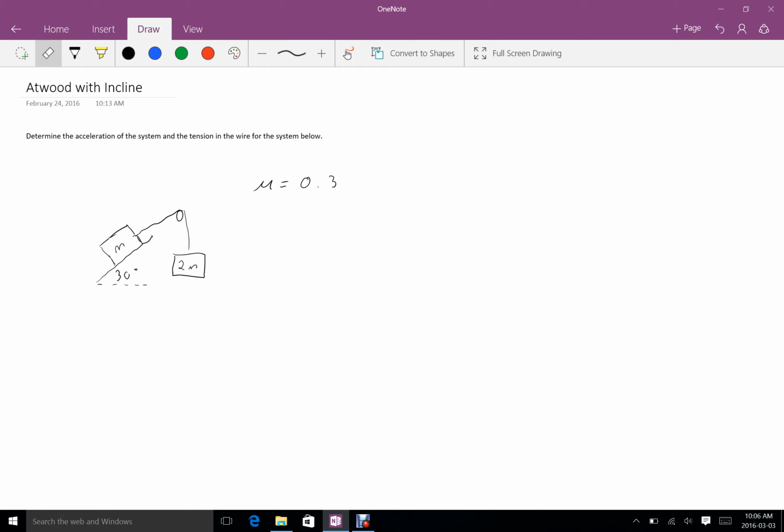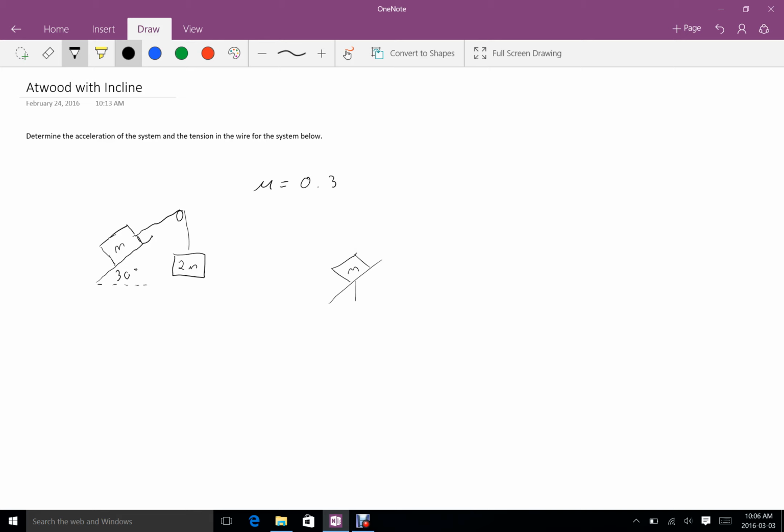I guess with the tension in the wire we won't know what it is. We'll only be able to find it in comparison to m. So let's start by looking at that object on that incline. So here's the incline,